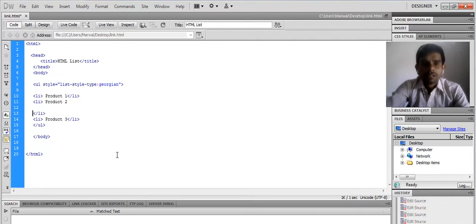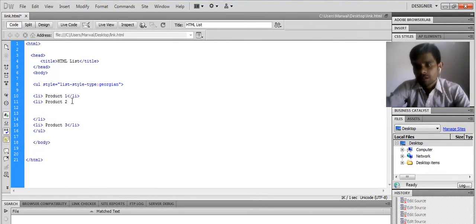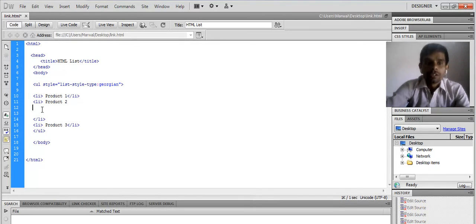This is similar to an ordered list. Use the unordered list tag, in between it use the list tag, and in any one list tag in which you want to create another unordered list, you can create it easily.